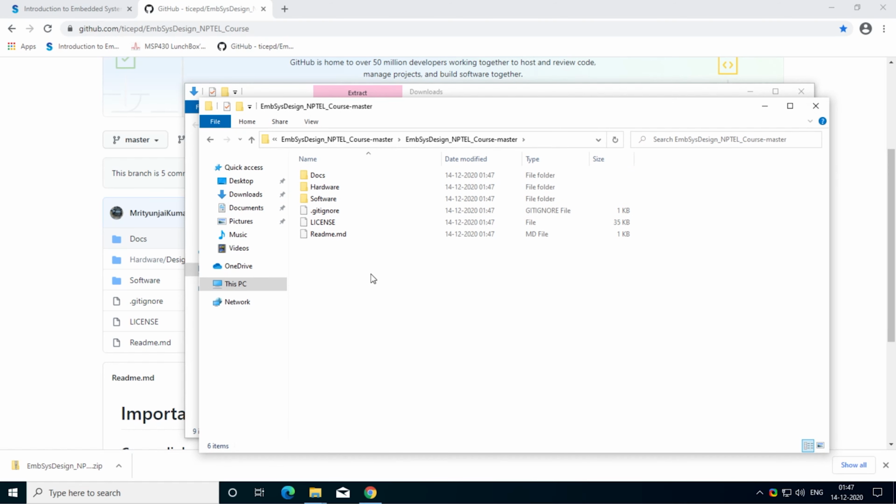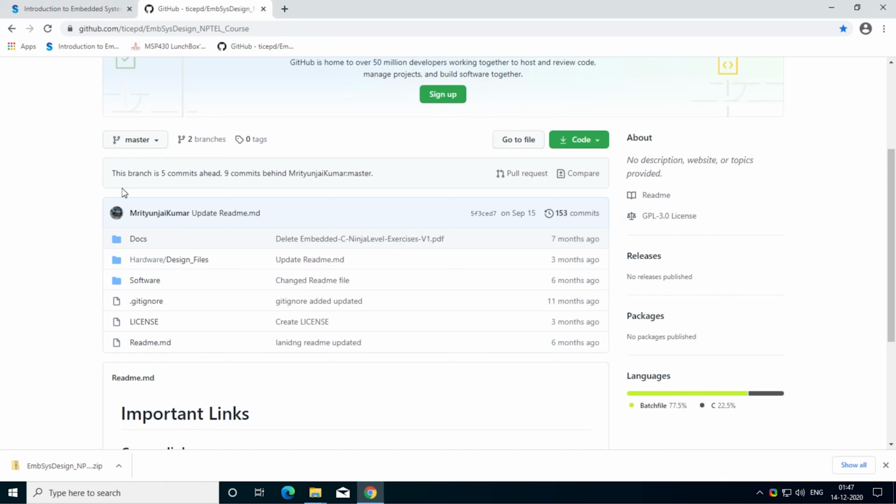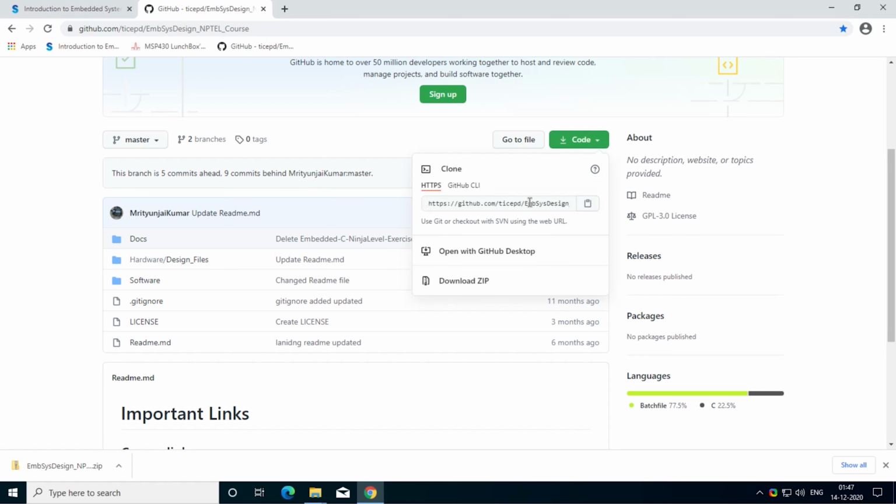Over here you have all the files. Or another way is to git clone this repository to your local system. To do so you need the repository link. You can find the link over here.